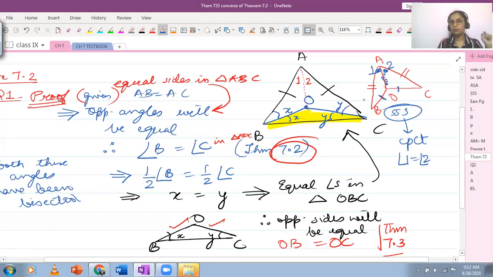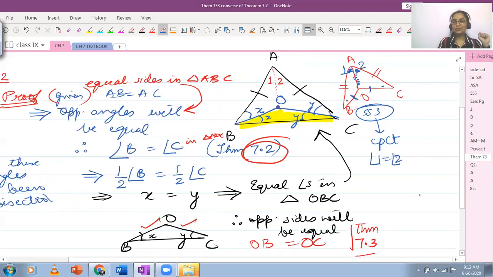But does that form, you are saying we could take this, that is not a congruence rule, dear. Yes, actually. Yes, correct. You could also use SAS. That's what you are saying, right? Yes, ma'am. Yes, you can use that. By SAS also you can do this. So you will be taking X from here and Y from here.